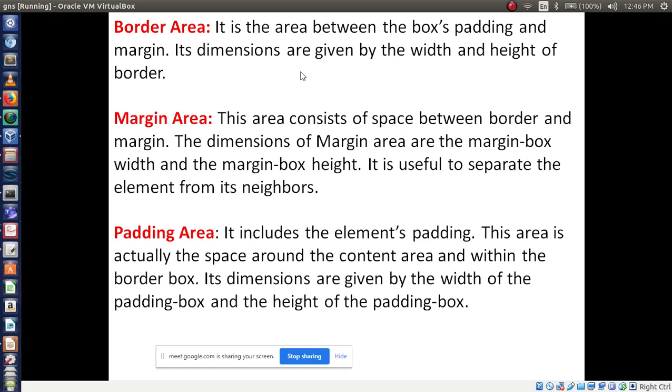Then margin: this area consists of a space between border and margin. The dimensions of margin area are the margin box width and margin box height. It is useful to separate the element from its neighbors. Neighbors means if you are using another content or another box above this box, you have to give the space. Like we have used the HR tag, right?